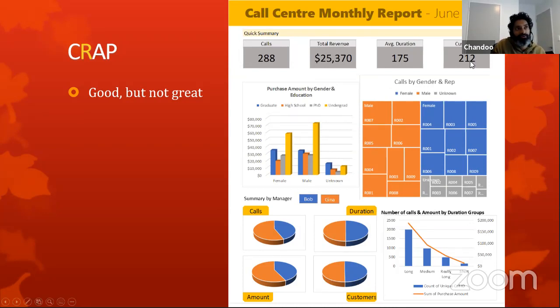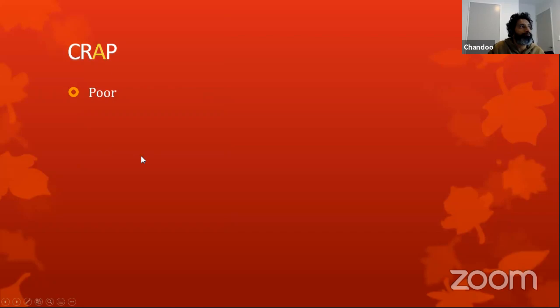For example, all these 4 tiles are formatted in the same way. So if I read this, that's the title, that's the number, I just assume that's the same format all through. So it is repeated at that level, but not consistently throughout.